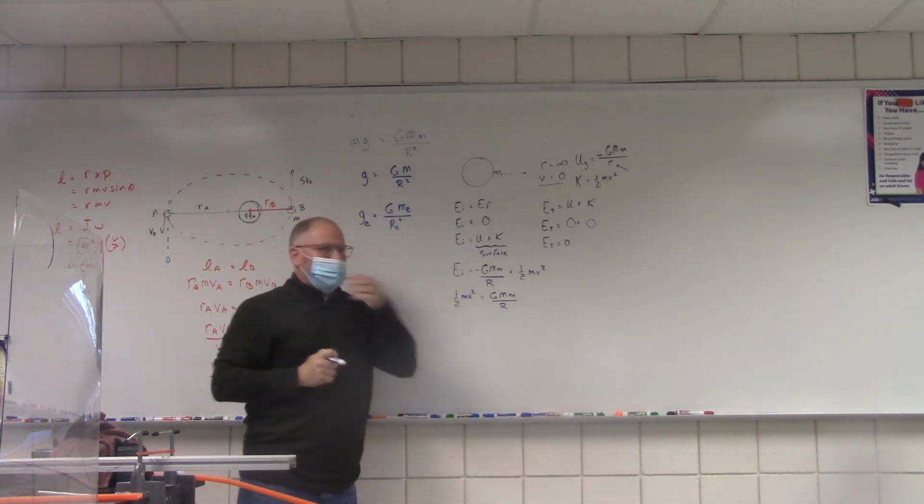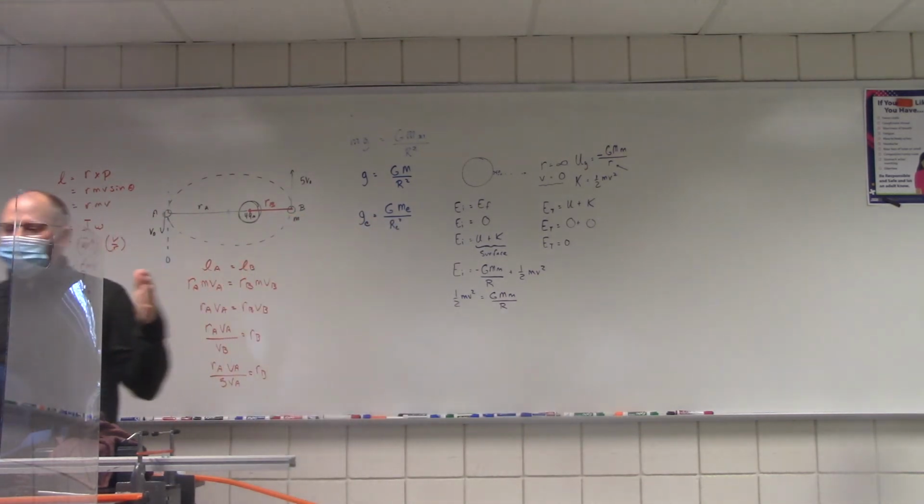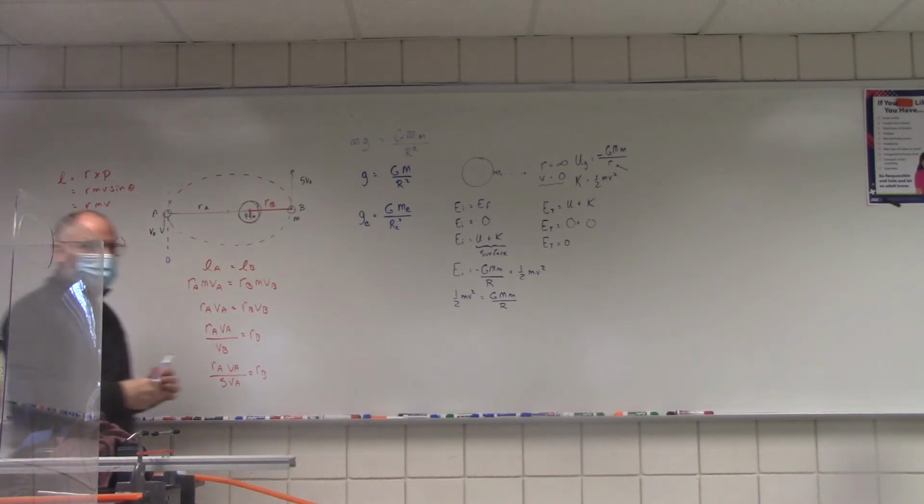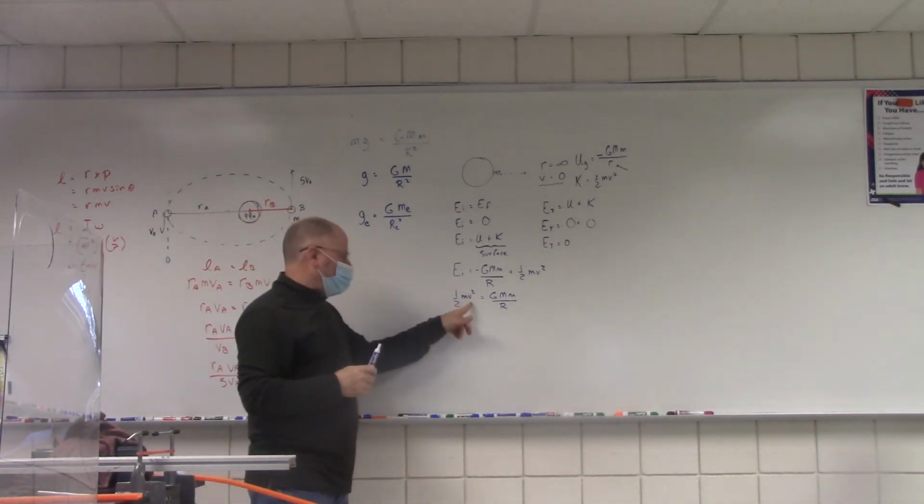We can see that the mass of the object is going to cancel, so the mass of the object doesn't matter. I mean, it would be harder to throw it. You'd have to apply more force to get it to go that speed, but the speed is what we're looking for. So